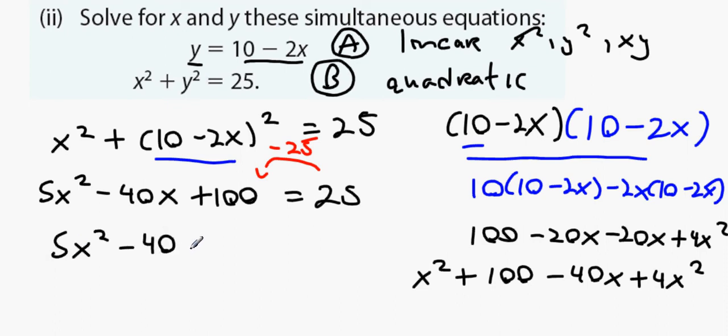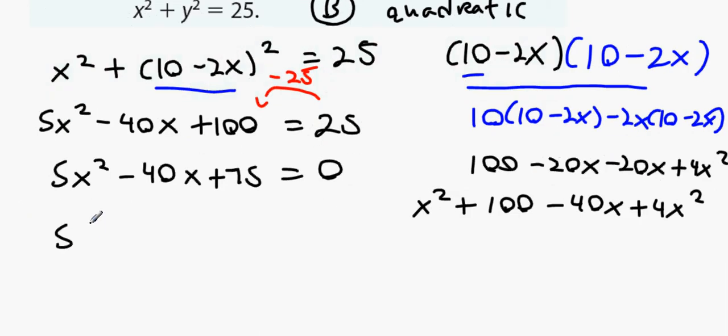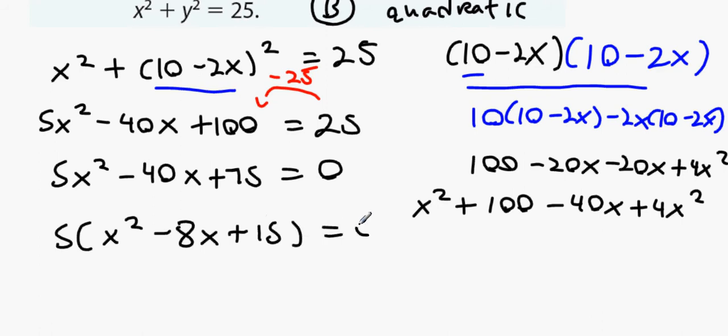We can do plus 75 equals 0. Now because we have an equal sign on our side, we can take out 5. So we can say this equals 5 into x squared, so we're factorizing, minus 8x plus 15 equals 0. And what we know is that if we have multiplication by 5 on the left, we